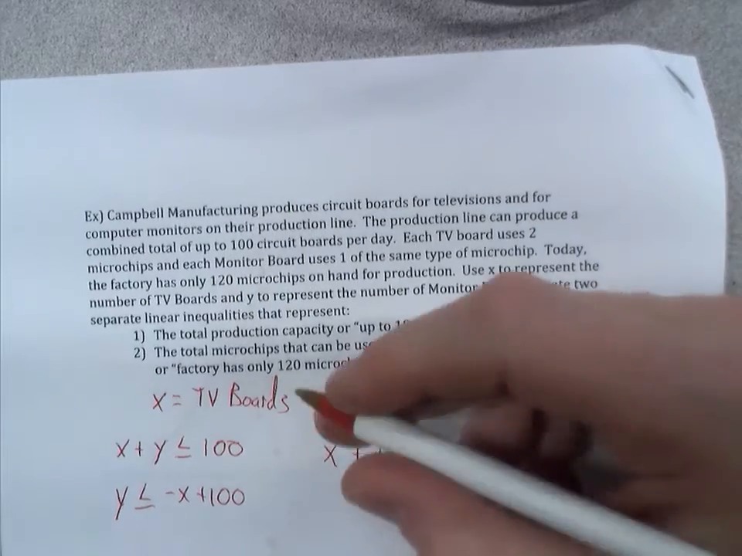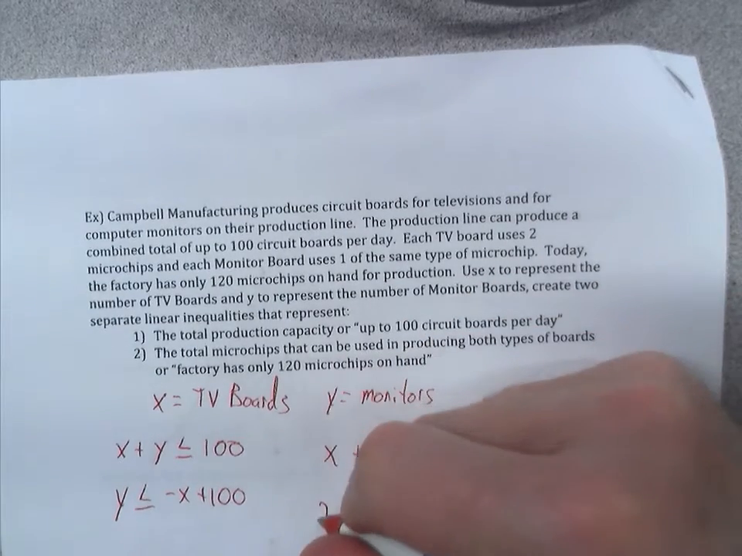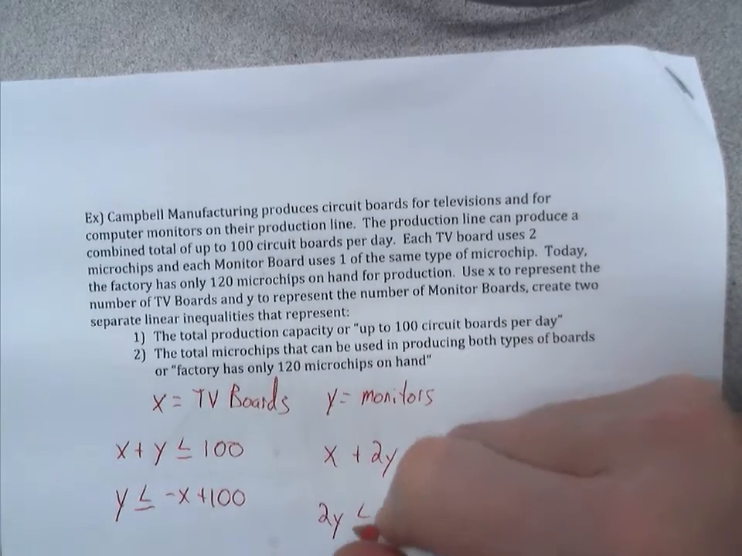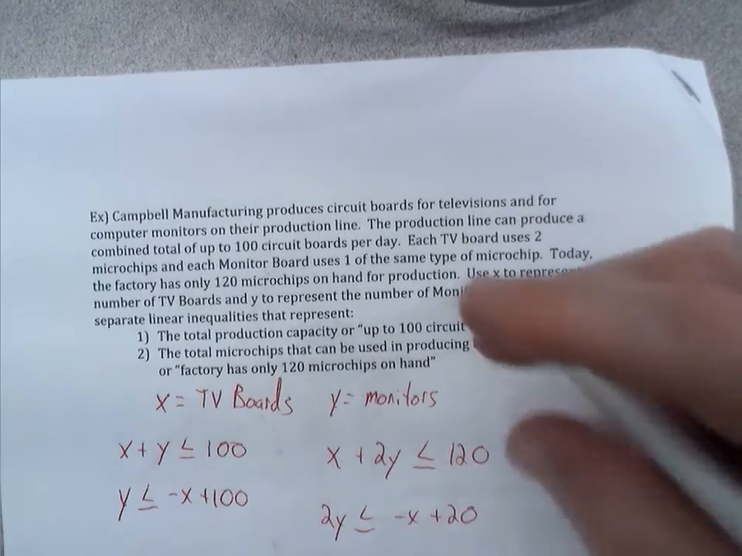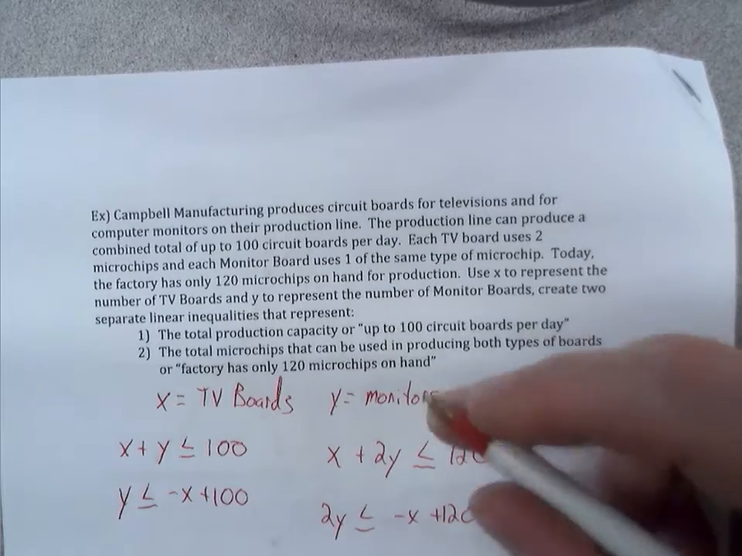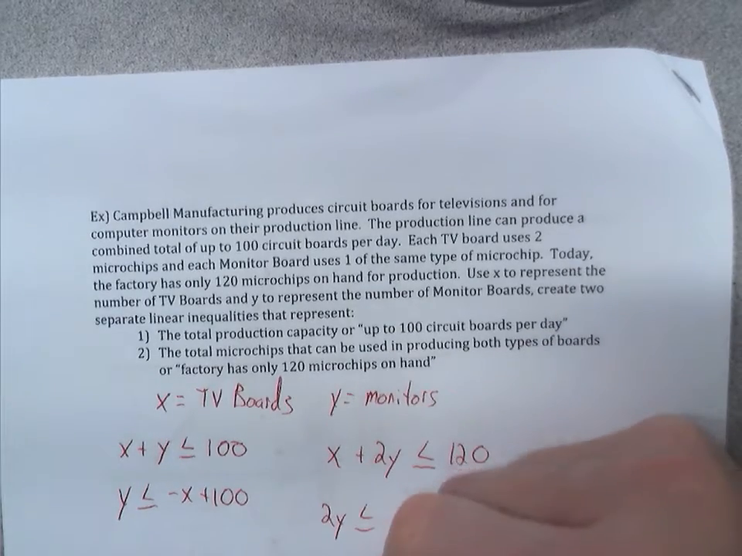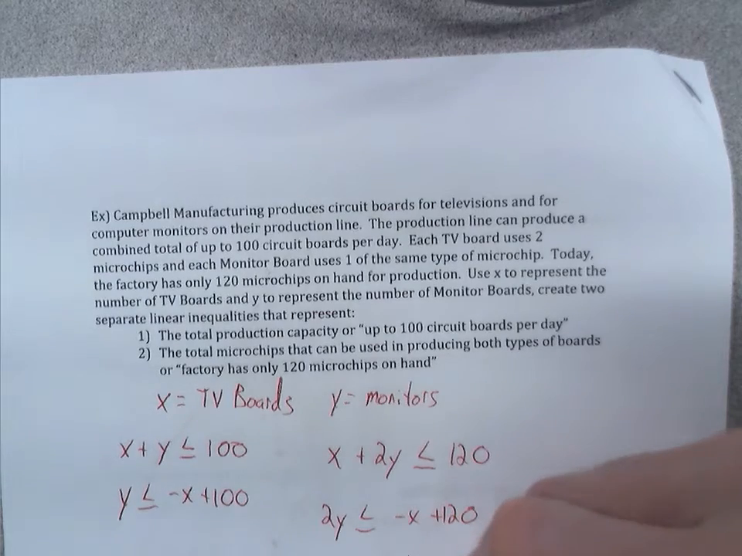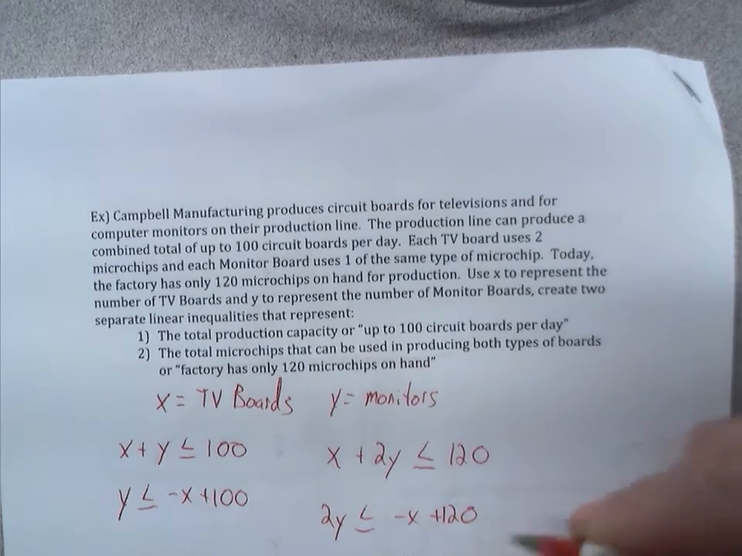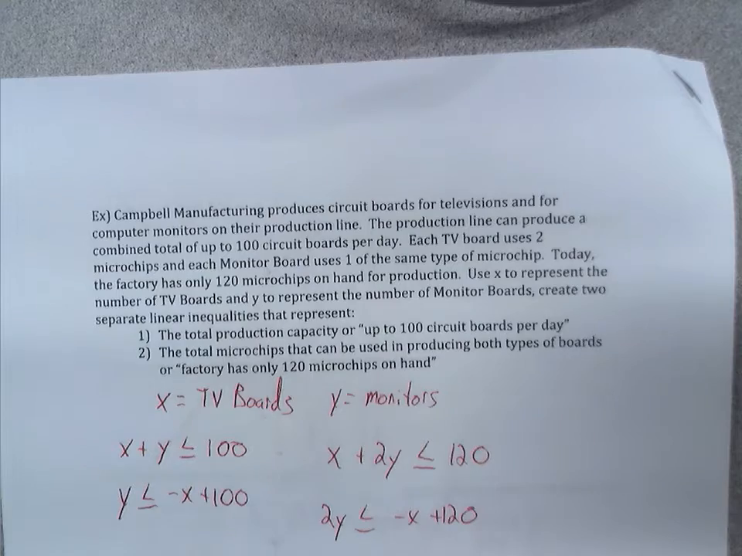And then we can rearrange this equation. 2y less than or equal to negative x plus 120. We're going to divide both sides by 2, so y is less than or equal to negative 1/2 x plus 60. Now, if we want to show this in graphical terms,